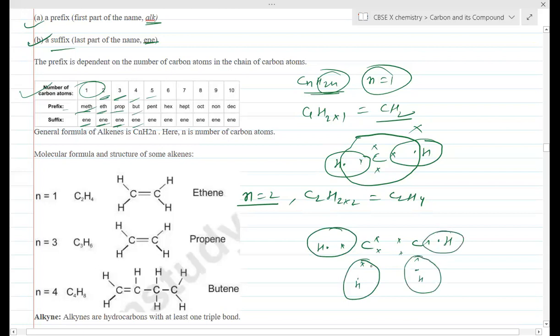What about the carbon? Carbon has 4, so it will take 1 from here, 5, 1 from here, 6, and 2 from here. When we talk about this carbon, it will take 1 from here, 5, 1 from here, 6, and 2 from here. So you can clearly see between the carbons two pairs of electrons are there. That's why it is a double bond here. Between carbon and hydrogen a single pair is there, so a single bond here, also a single bond, this side also single bond. So this is the structure of ethene.